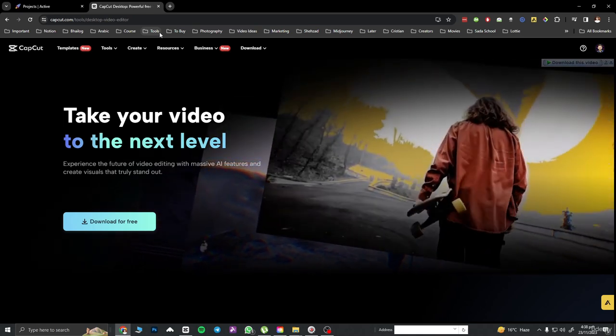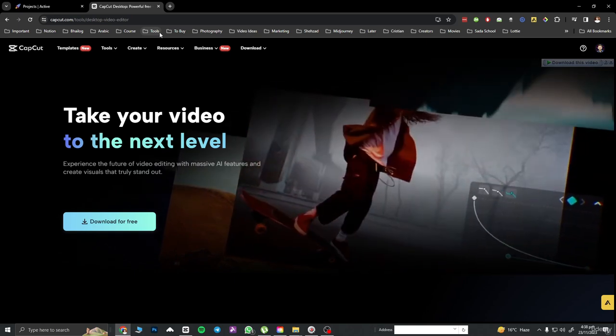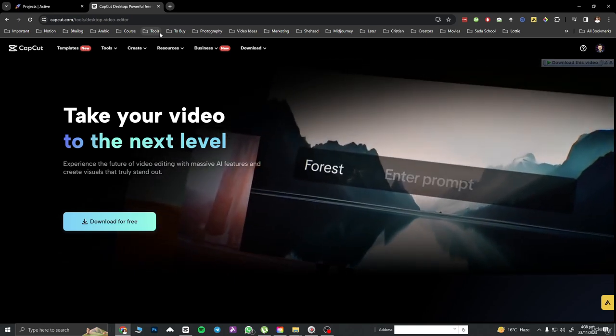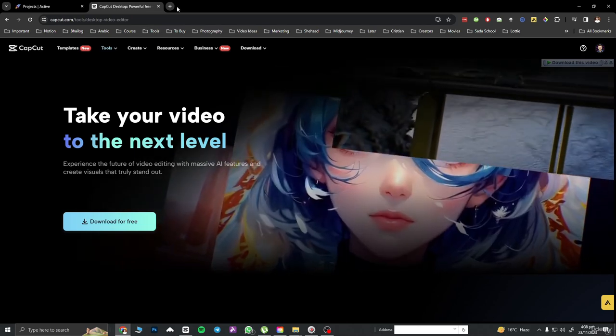So basically in this class we are going to learn how to download and install Capcut. It is very simple and it doesn't matter if you have a Windows device or a Mac one, you can download it on both of them. So I have Capcut opened over here as you can see, but if you want to open it, you can